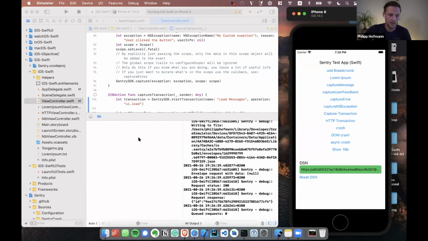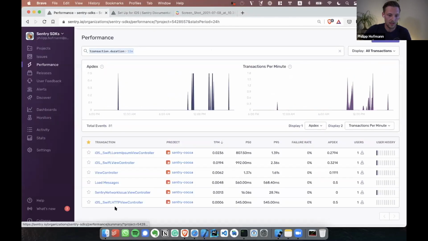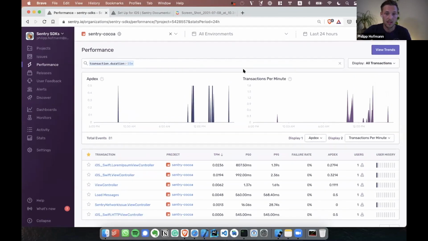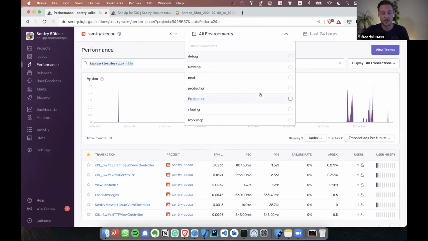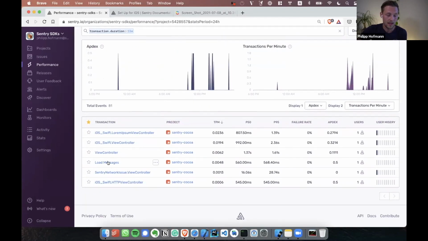Okay, I see in the log that something happened. I can now go over to my performance overview page. This is where I see all my transactions. Here I can change the environment, which is pretty similar to what you're used to from issues. Down here, I see all those transactions, and this is where the name is important. This is load messages. So when I click on this,